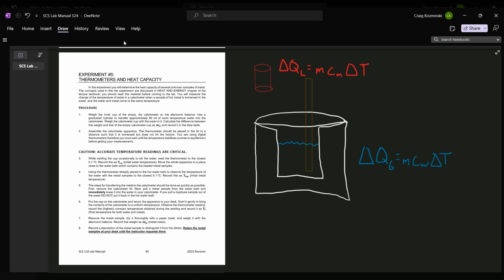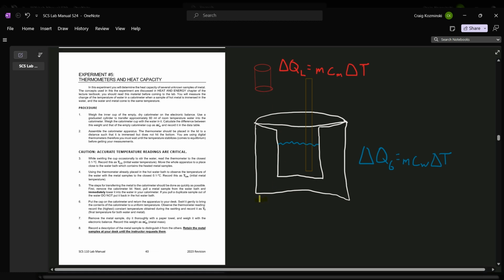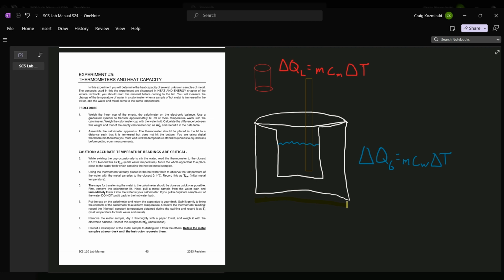And so, what I've attempted to draw here on your screen is an example of what tomorrow's experiment is going to look like. And so, we'll begin by saying that we have this device. This device is a calorimeter. It consists of an external cup and then an internal cup. And between that is foam or styrofoam insulation. And so this is a highly insulated device that we are going to attempt to use to determine the heat